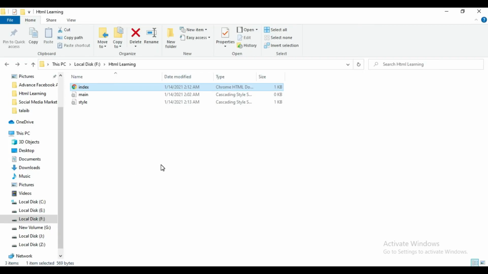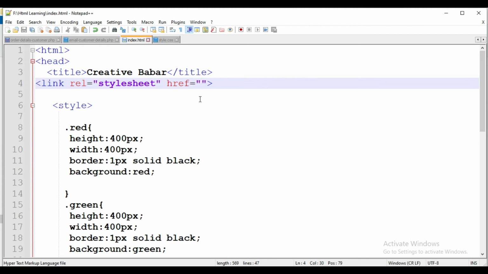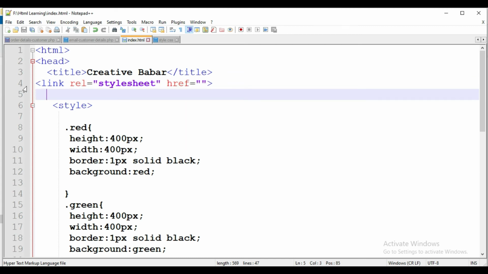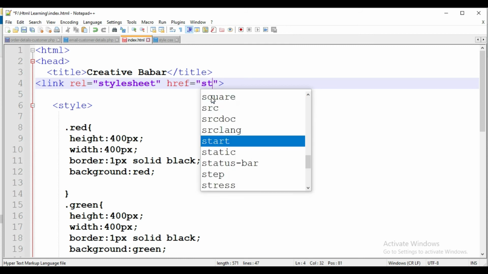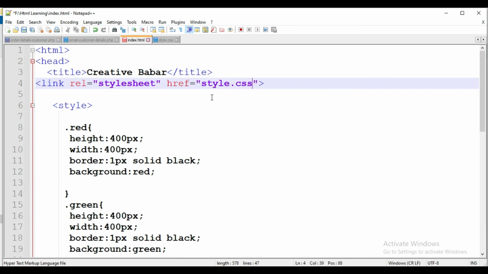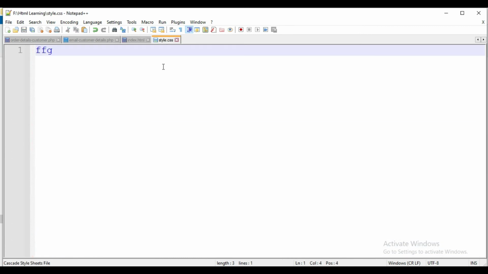First, see the path of our main file. Our index file is here and the style file is there. They are both in the same folder. Then we just have to name it here. We use a link tag for including a style file in the HTML page. We use link, rel (relation) stylesheet, and href is the address of the stylesheet. So the stylesheet address is the same folder, and we can call it by its name, style.css. And I cut all this code from here and apply it there.